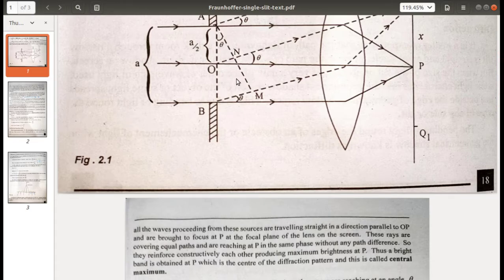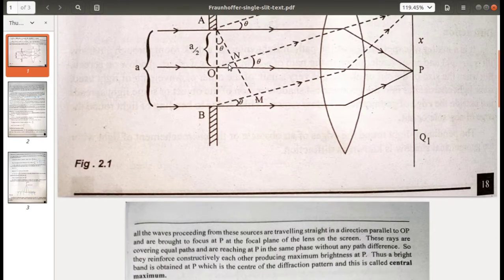Two equal parts constitute lambda, and one more such part gives an additional lambda by 2. That is why we divide the slit into an odd number